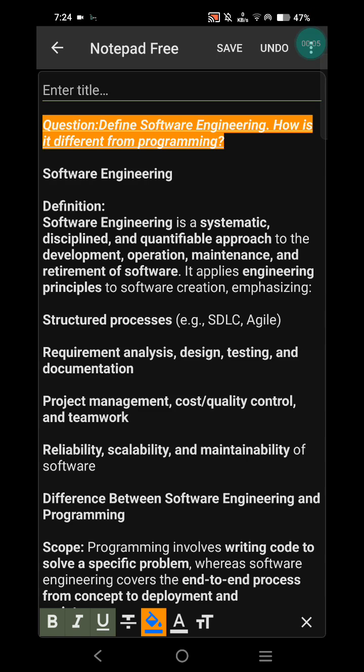Today we will learn what software engineering is and how it is different from programming in a simple way. Definition: software engineering is a systematic discipline and quantifiable approach to the development, operation, maintenance, and retirement of software. It applies engineering principles to software creation, emphasizing